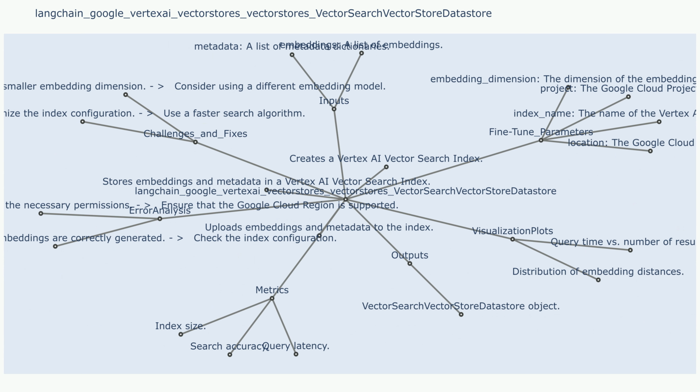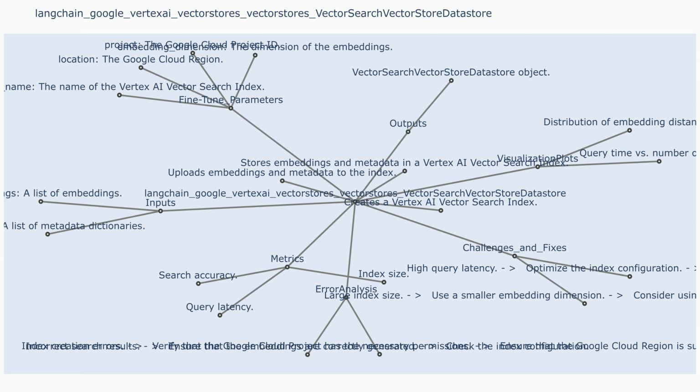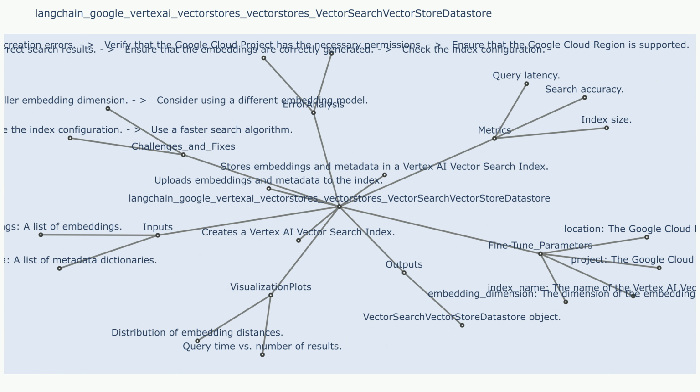Outputs. Similarity search. The similarity search method returns a list of documents ranked by their similarity to a given query embedding. This enables efficient retrieval of relevant information based on semantic similarity. Steps. Embedding generation. The input data is first transformed into numerical embeddings using a suitable embedding model. Vertex AI index creation. The embeddings and metadata are used to create a vector search index on the Vertex AI platform. This index is optimized for